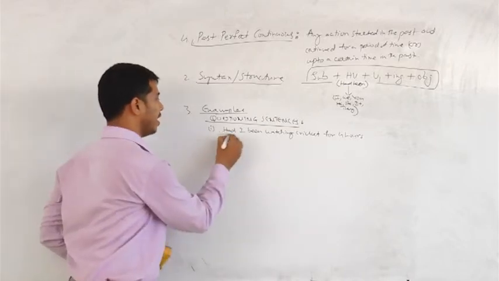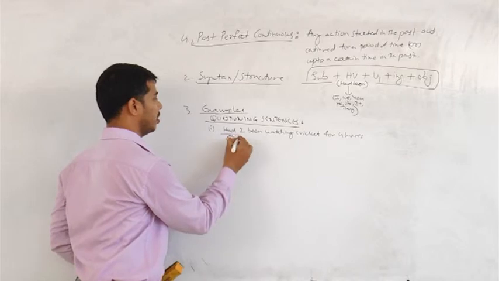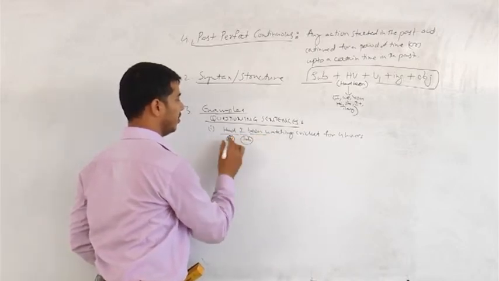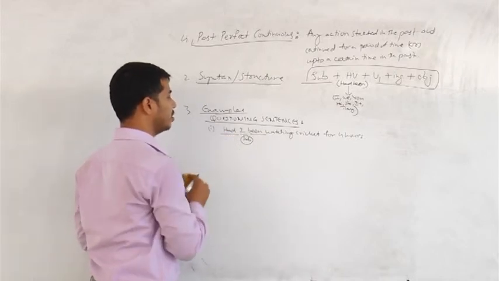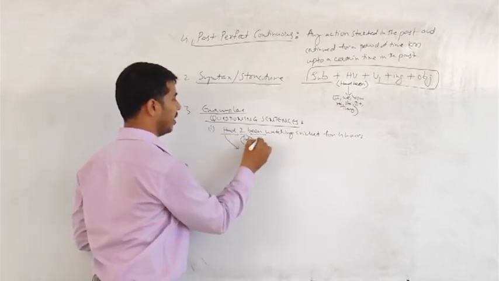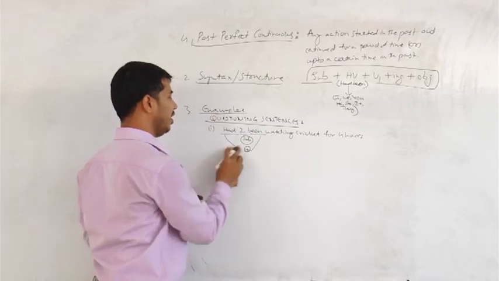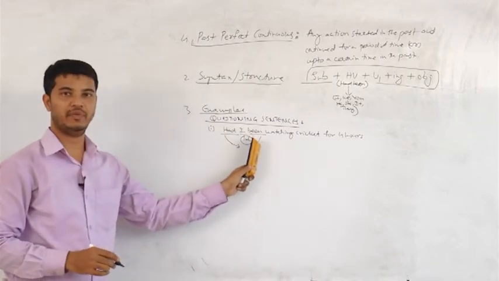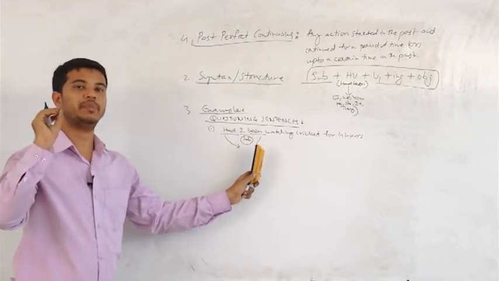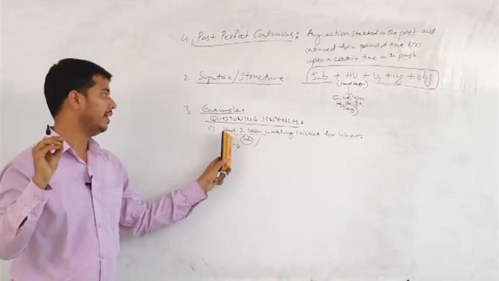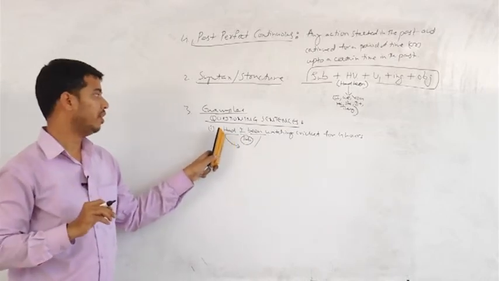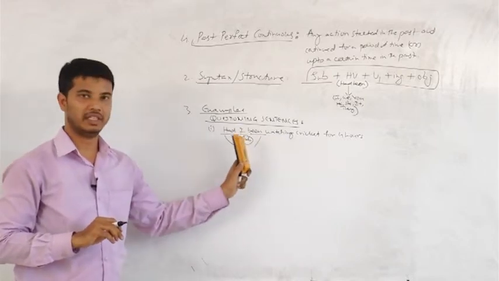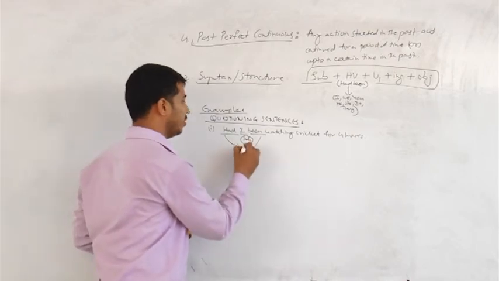What is had? Had is a helping verb. I is the subject. We have labeled these two things as helping verbs. You can label these both things as HV, helping verb. If not, you can go individually with had as well as been. It's purely your call. However you feel easy, you can go with that. If you feel like had plus subject plus been plus V1 plus ing plus object, it's up to you. If not, you can label these both things as helping verb HV.